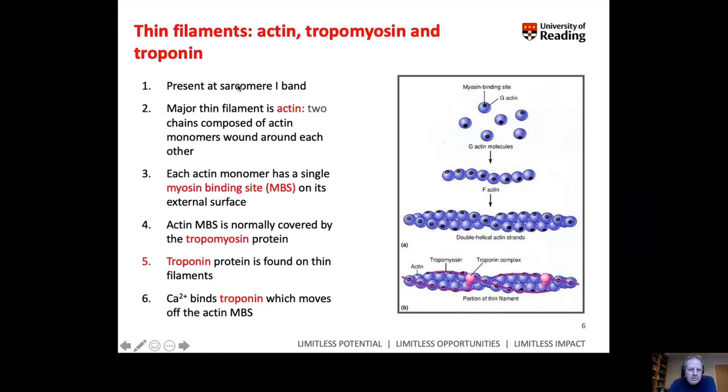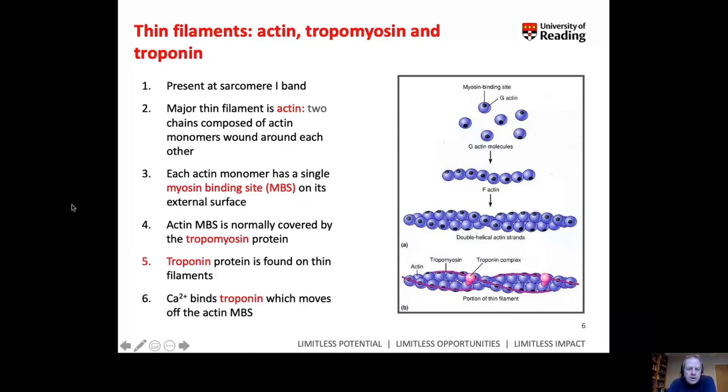Present at the sarcomere I band, the major thin filament is actin, and two chains are typically wound around each other, but they're still a thin filament compared to myosin. Importantly, each actin monomer, so that's the monomer, this is a dimer if you like, has a myosin binding site, an MBS, so shown here in this diagram, and these are important in the sliding filament model